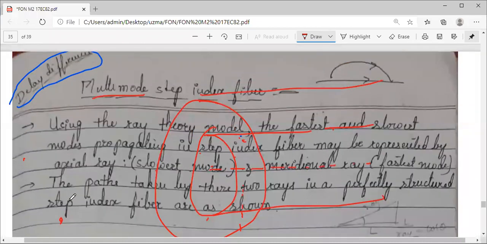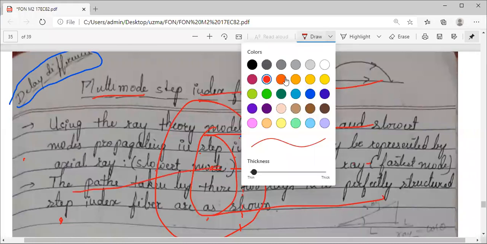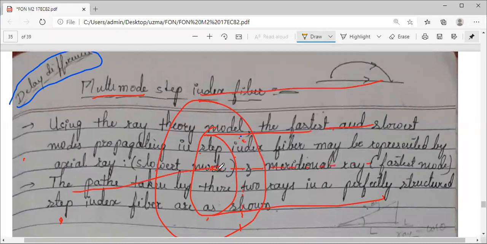Now coming to the center structure, from some optical source, a ray will be launched and this will propagate through the core material inside the core through different modes. Assume this is one mode of propagation. This is one with some angle. Consider this is one more propagation mode. We don't know, I'm taking some example. I can have one more like this, and I can have a straight line also. So there are different paths available for different modes.